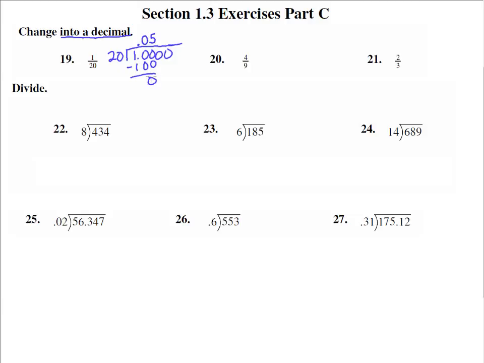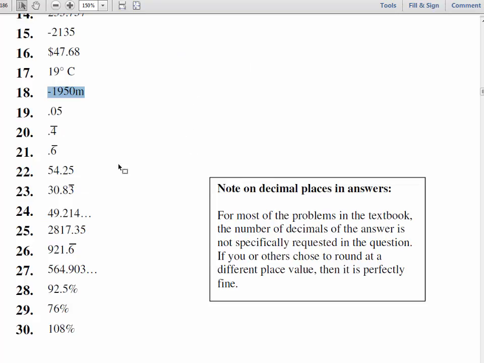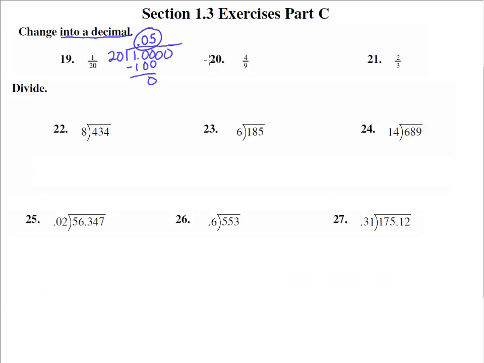When we subtract, we get 0, it comes out evenly. So that's it. We don't even need these other zeros. 0.05. Let's double check our answer. 0.05 is indeed the answer. Good. Number 20,